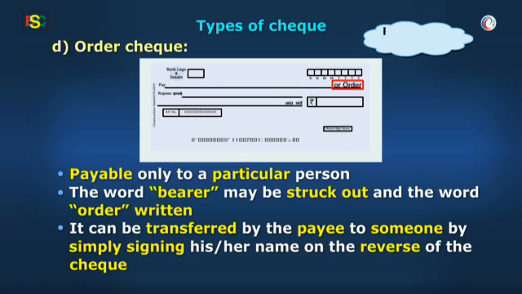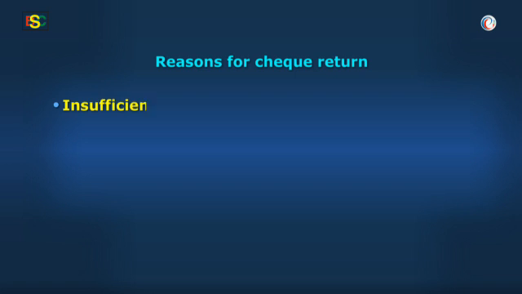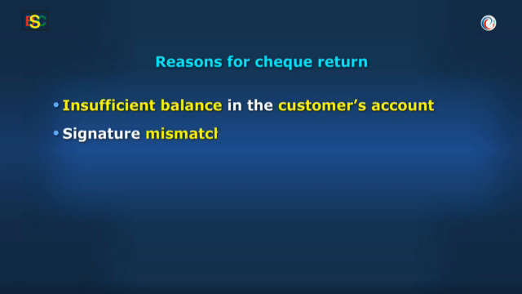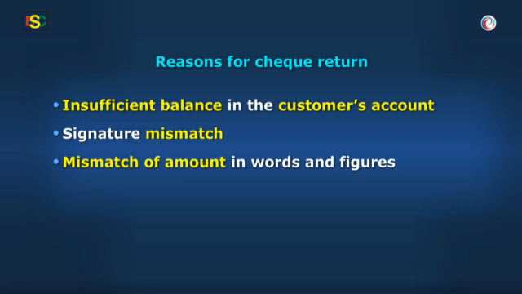Baba, what are the reasons for check return? Some of the reasons for a check to return unpaid are insufficient balance in the customer's account, signature mismatch, mismatch of amount in words and figures, too many alterations on the check,